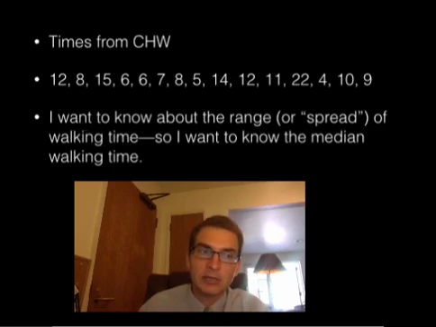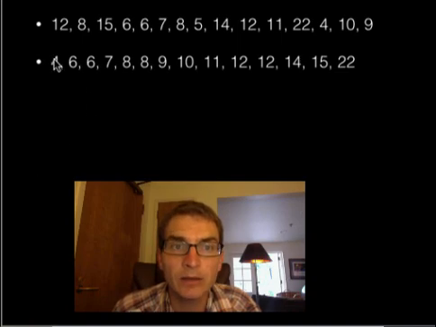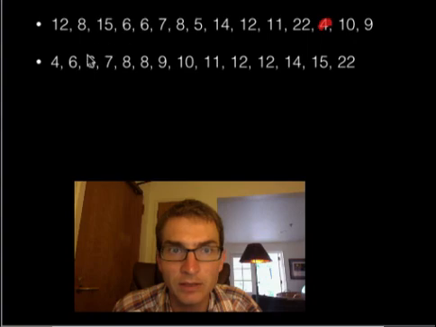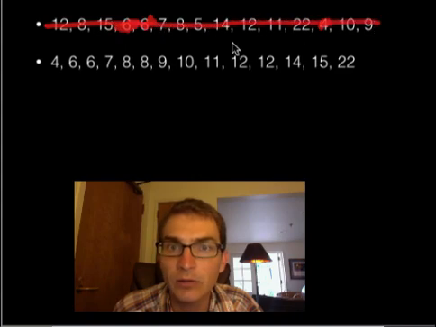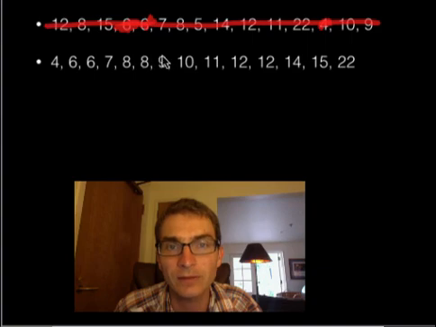So the first thing I'm going to do is reorder that data. Here's how we're going to reorder the data. We're going to take these numbers here, our original set, and we're going to put them in numeric order. Pretty simple. So this 4 here I can cross out because I've moved it here. This 6 I've moved here and crossed that out. This 6 I got from here and crossed that out. And all the way down the line. So all of those I moved here. And if we count them, I have 1, 2, 3, 4, 5, 6, 7, 8, 9, 10, 11, 12, 13,